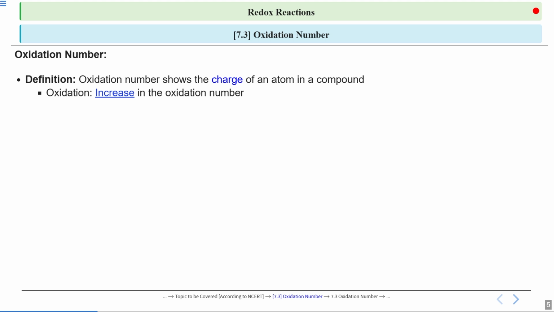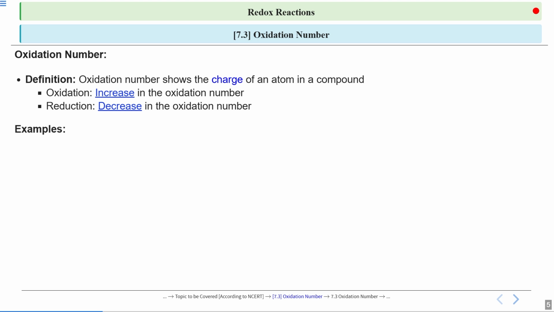If we consider the oxidation number and relate it with oxidation and reduction, you will find that if a species shows an increase in the oxidation number on going from reactant to product, you will consider it as an oxidized one. While if you find that there is a decrease in the oxidation number of any chemical species from the reactant to the product, that means that particular species has been reduced. That means that reaction is considered as the reduction one.